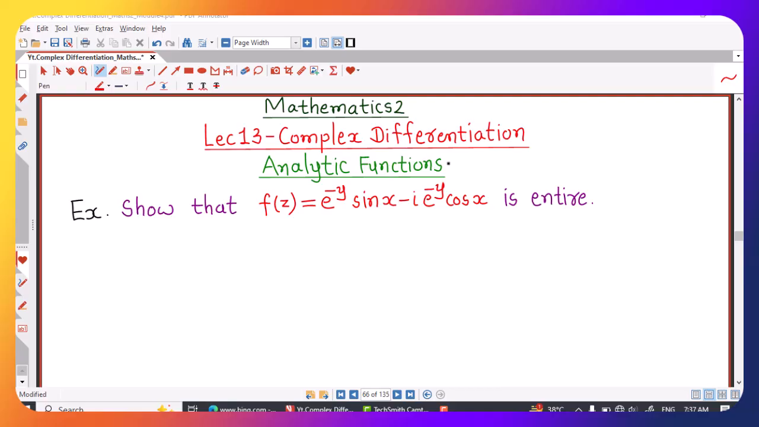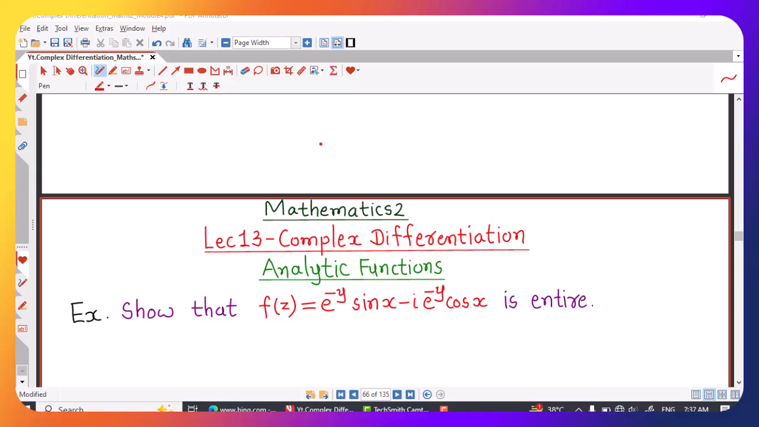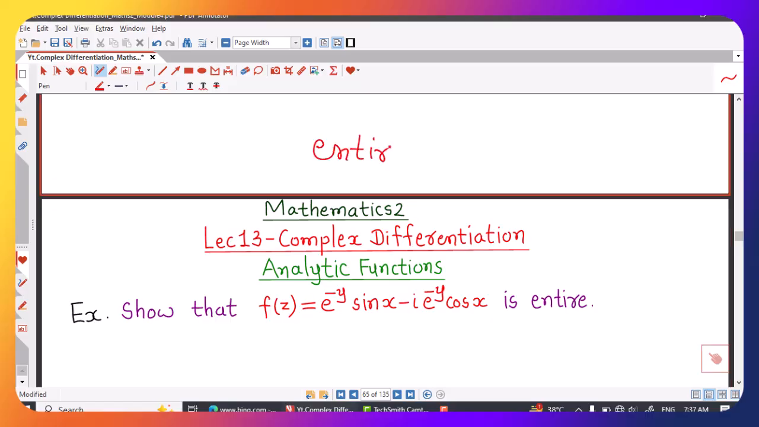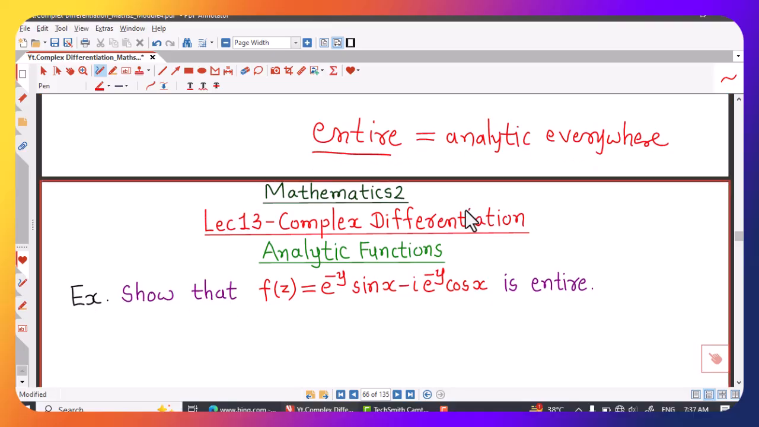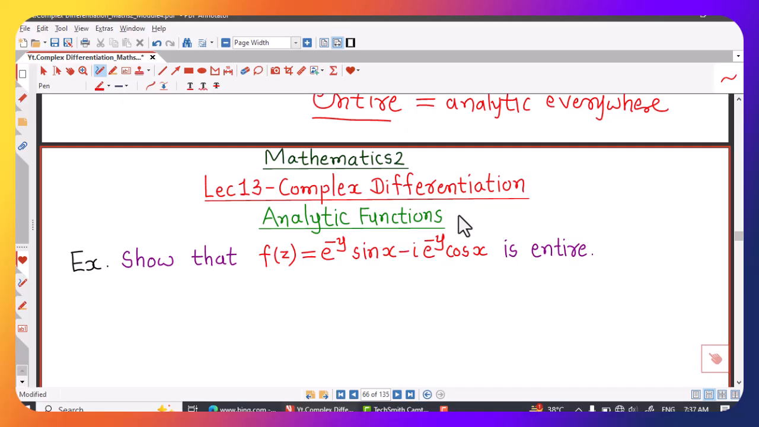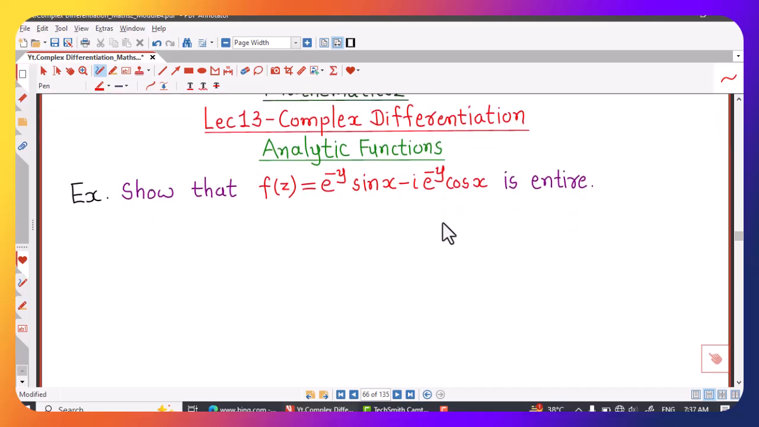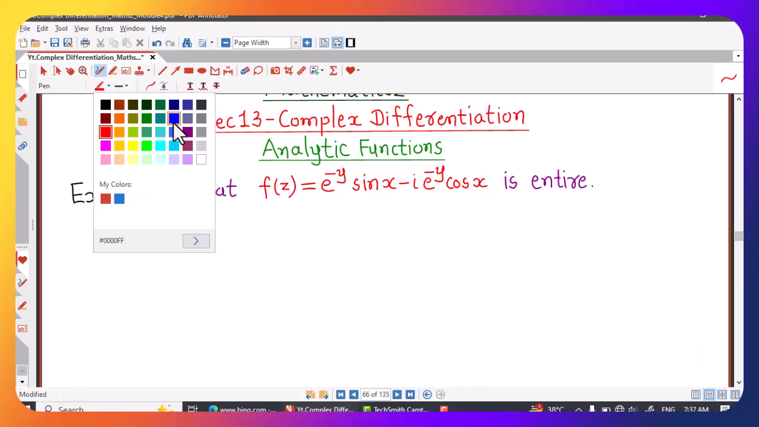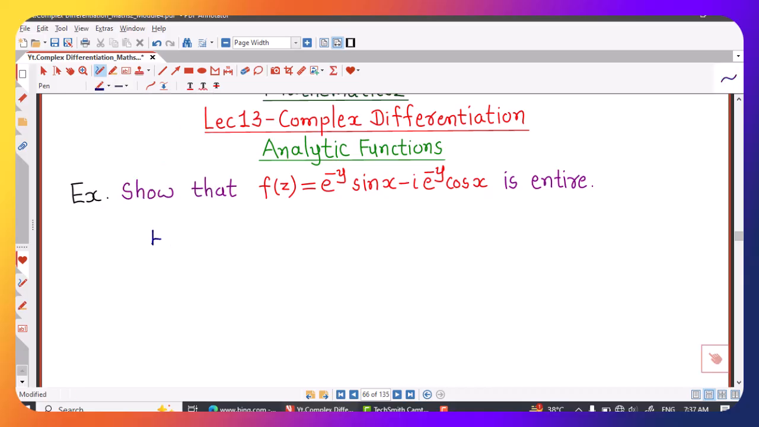We have discussed in an earlier lecture the definition of entire function. An entire function is that function which is analytic at every point, or we can say that a function which is analytic everywhere is called an entire function. So whenever they ask to prove that a given function is entire, all we have to prove is that the given function is analytic at every point. So we try to prove that this function is entire, that is, it is analytic at every point,